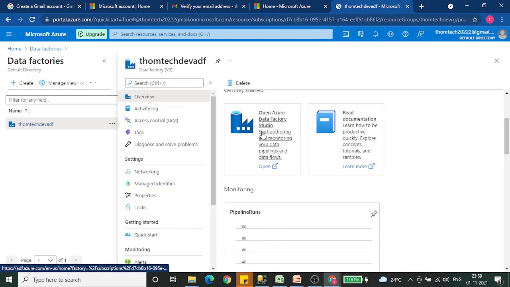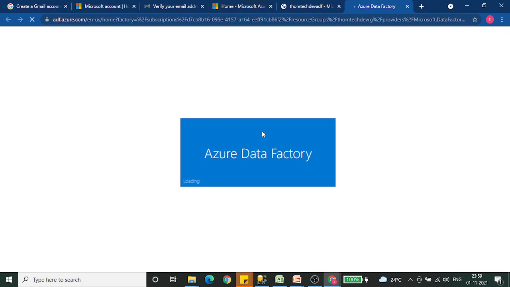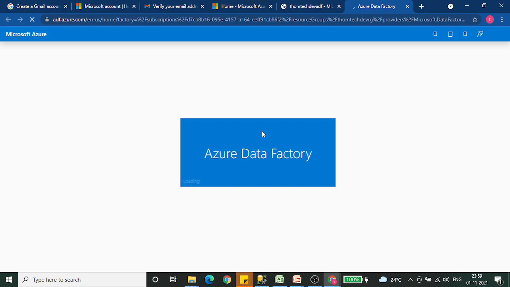You can see we have to click on this link in order to launch the ADF UI. Let's click on this. Now it's opening, so let's give it 30 seconds.